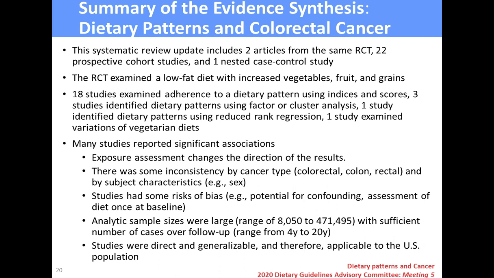Yes, great. Okay, this systematic review includes 2 articles from the same RCT, 22 prospective cohort studies, and 1 nested case control study. The RCT examined a low-fat diet with increased vegetables, fruits, and grains. 18 studies examined adherence to a dietary pattern using indices and scores. 3 studies identified dietary patterns using factor or cluster analysis. 1 study identified dietary patterns using reduced rank regression. 1 study examined variations of vegetarian diets. Many studies reported significant